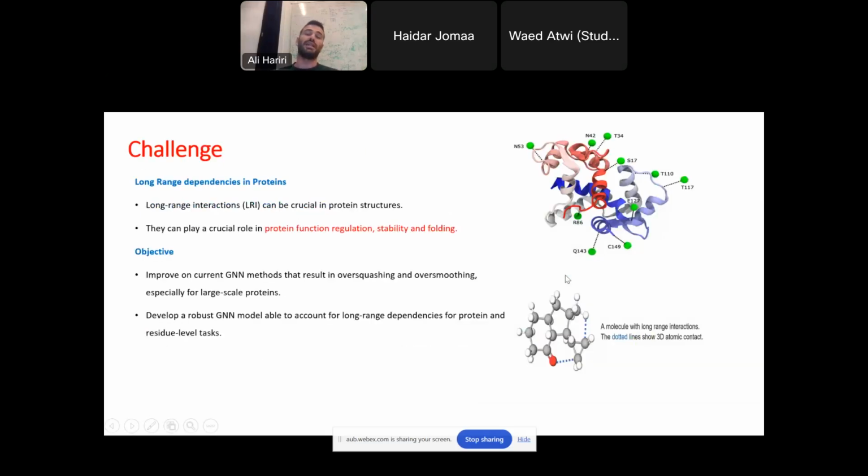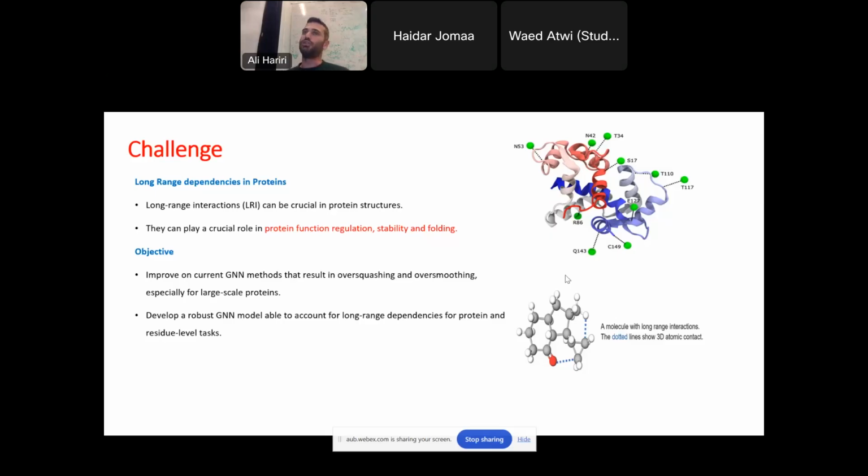So first we have to remember the challenges that we have long-range dependencies in these proteins, and the regular GNNs do not function well in the presence of long-range dependencies. Why do we have long-range dependencies here? First, the intuition is that it's a large structure. It is expected that we want to cover large receptive fields to cover the full information.